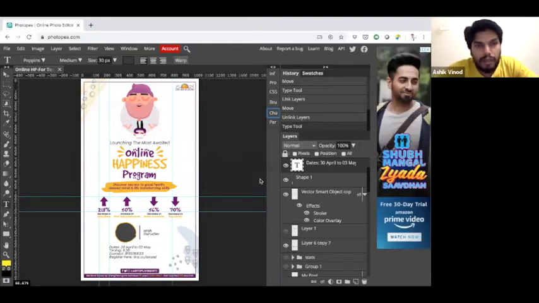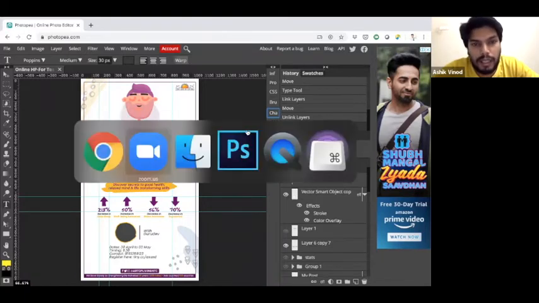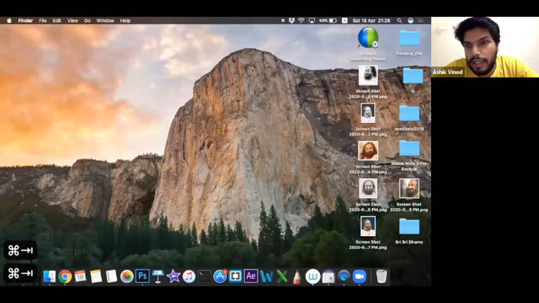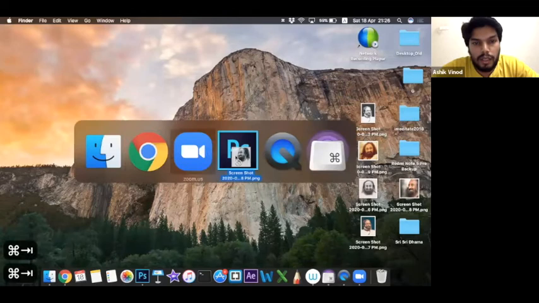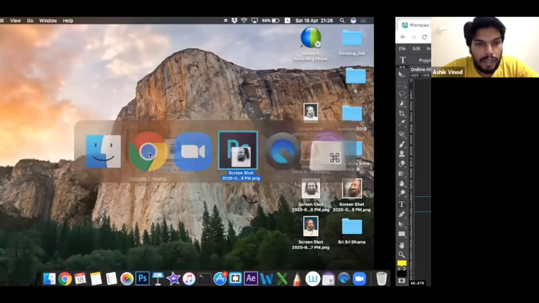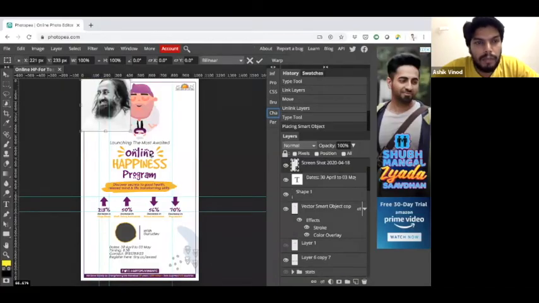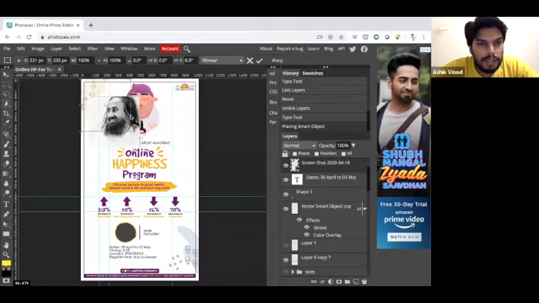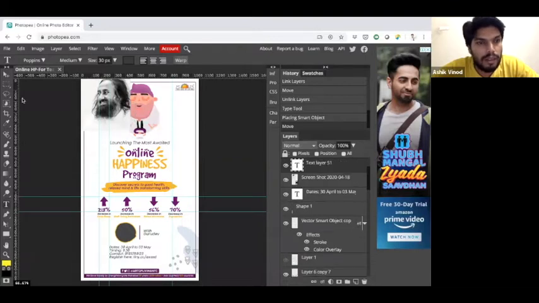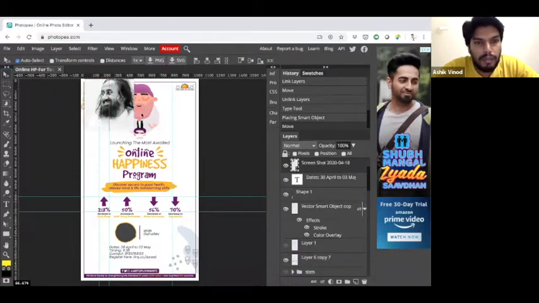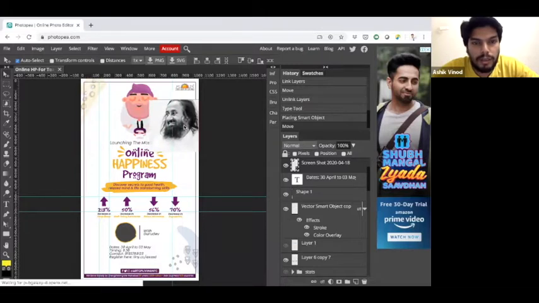All right. So right now I am choosing one of Gurudev's images, which is already part of the drive link which I have shared. Let me just quickly select that. So this looks like a pretty good image of Gurudev. I'm just loading, dragging and dropping it here. Now you can see that Gurudev's image has come. Now you can just click on the move tool and move it to, let's say, this position.